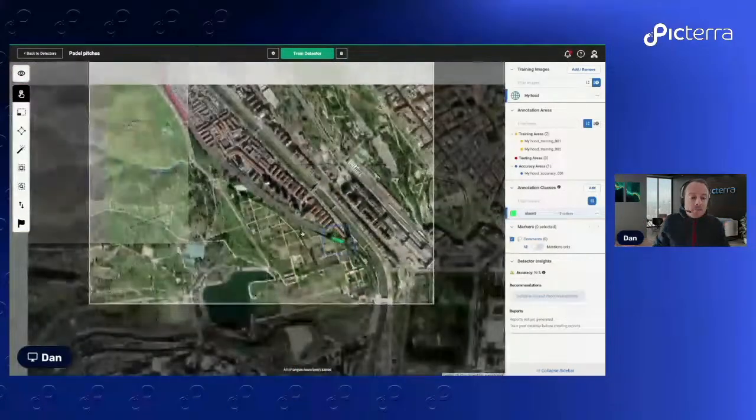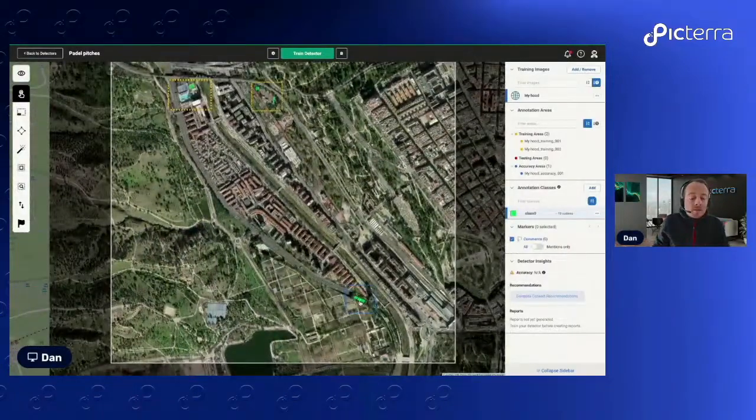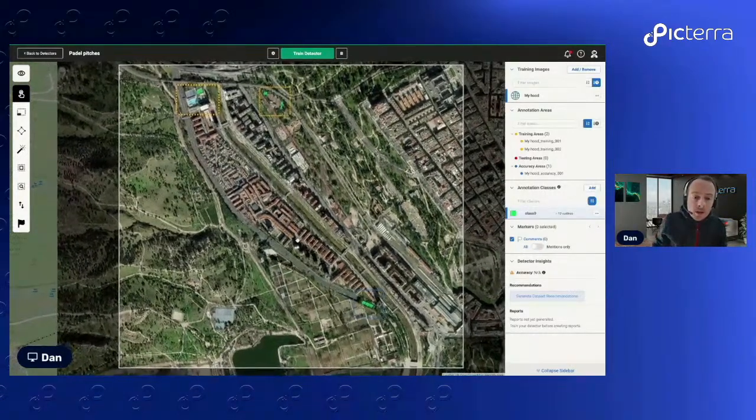All right, so now we have 2 training areas, 1 accuracy area. We're ready to train, right? So we could go ahead and train this model now, and off it would go and figure out what a paddle pitch looks like so we can then detect its scale. But one of the things we want to do perhaps after that first training and when we're iterating to make the model more accurate